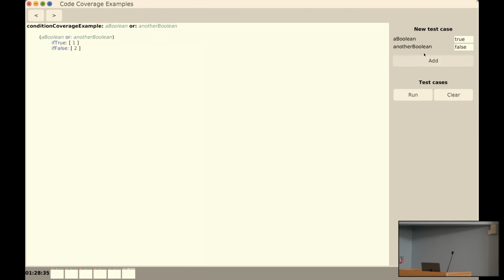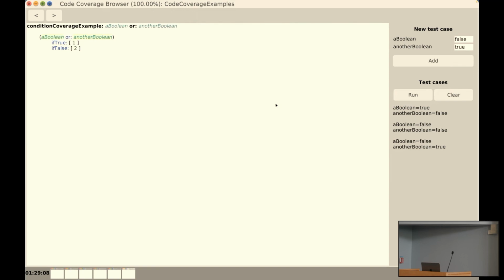So if I add this test case, I'm going to set this one to true and this one to false. Now we are at 50%. If I set the first one to false, this one is covered, and I'm still missing the test case for that one, so I can go ahead and do true here, and again 100% coverage under